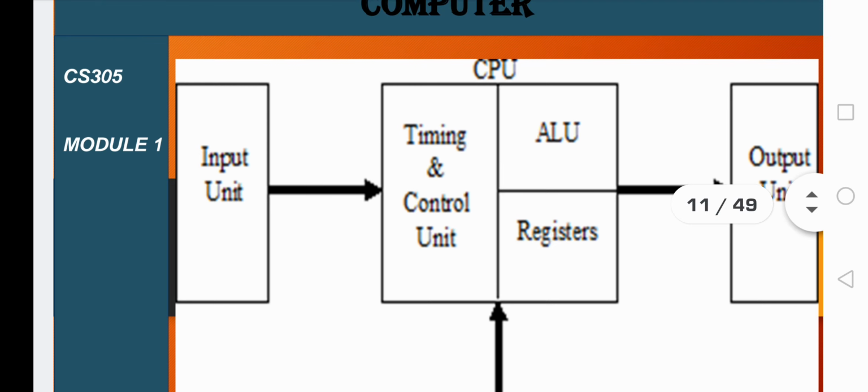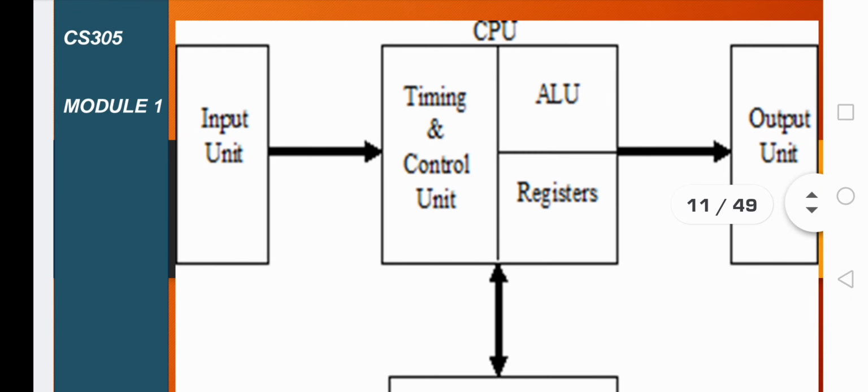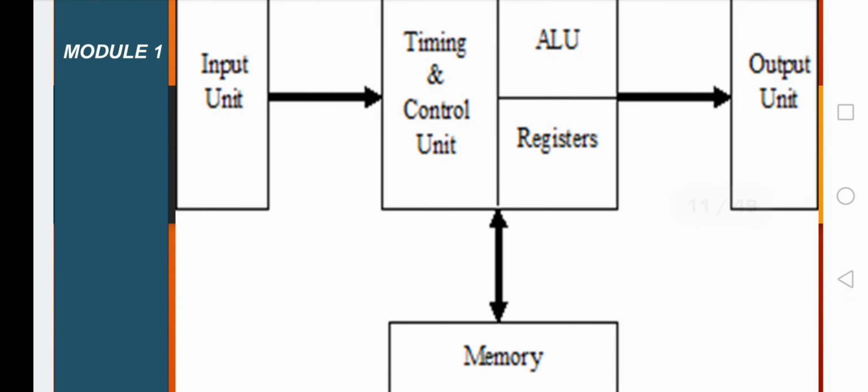I want to tell you one thing. In order to notify various units about what procedures they have to perform at each instant of time, it will generate the corresponding signals. The timing and control unit is responsible for controlling the overall operations that I have told you earlier. But in order to control the operations of the various units present in this figure, that is the input unit, output unit, ALU, memory and so on, whatever they have to perform, this timing and control unit controls them with the help of